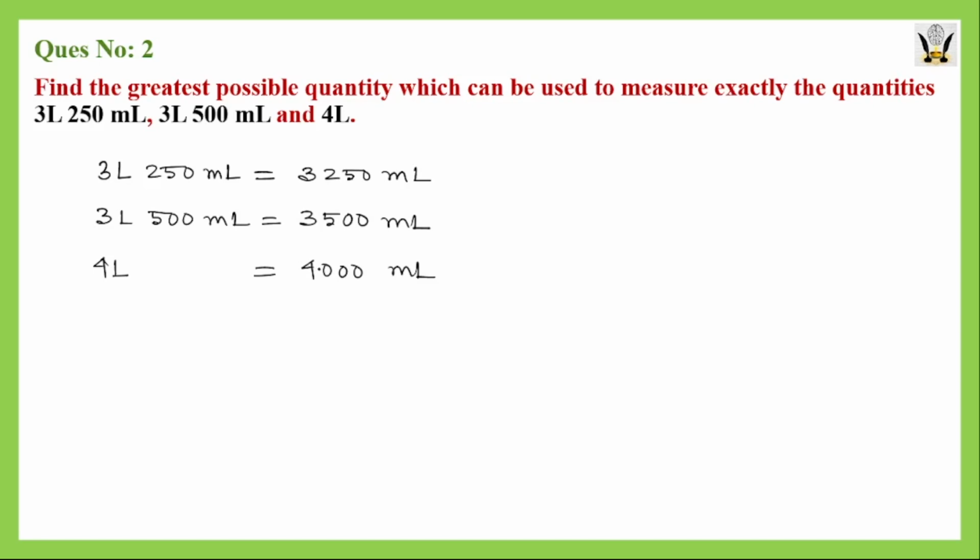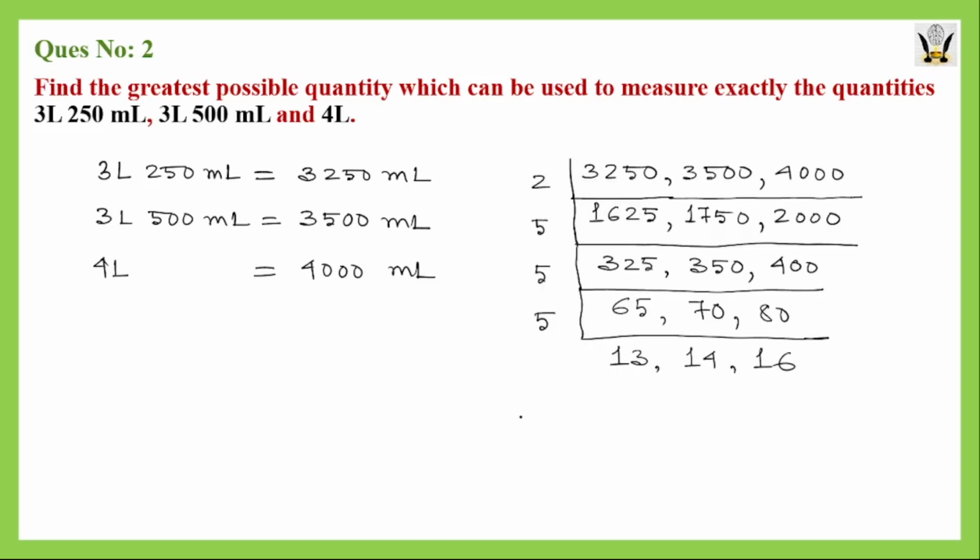So that value by which we are dividing all these three values will be a common divisor, and we are finding the greatest common divisor. So this problem is basically a problem related to highest common factor or greatest common divisor. Now, if we find the greatest common divisor or HCF of all these three values, then it will be 2 multiplied